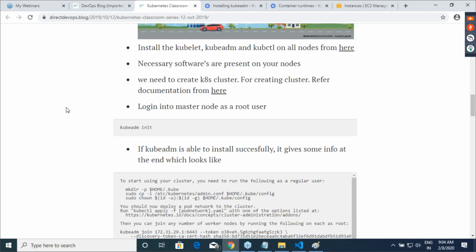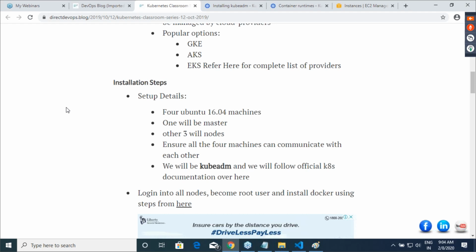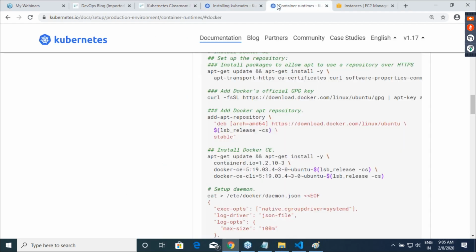The only thing which I've changed in this is, here it speaks about 4 machines, I'm speaking about 2 machines. Here it speaks about Ubuntu 16, I'm doing it on Ubuntu 18. That's the only difference. All right. So I'll go over here.